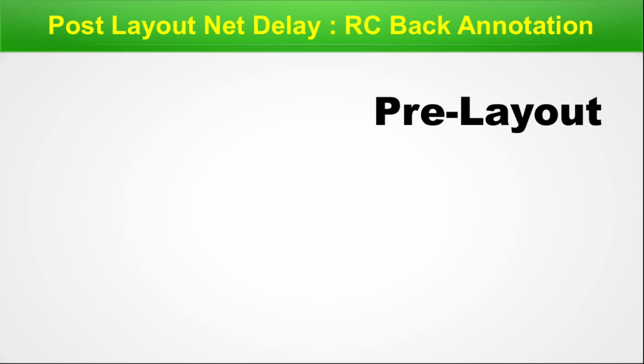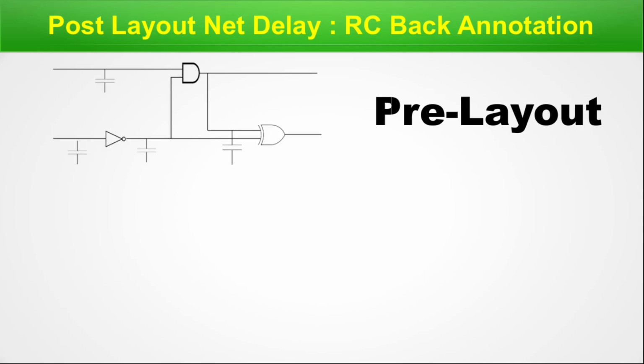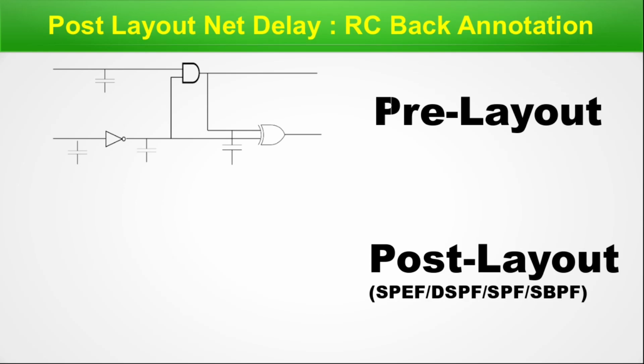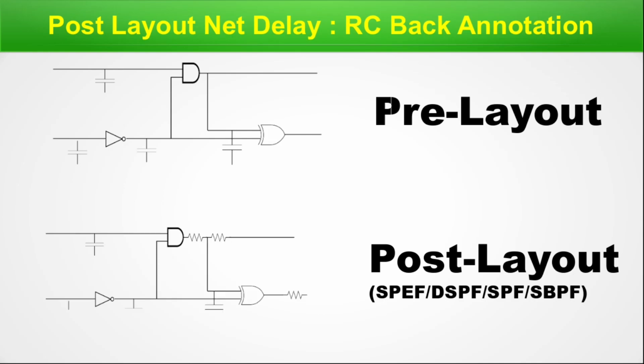Through infographics, we will explain how the designer-designed netlist catches the cough and cold of parasitic RC when its layout is realized. So here we go. This is our pre-layout circuit. When we realize the post layout circuit after the layout and we extract the SPF, DSPF, SBPF, etc., whatever you call, the post layout netlist comes like this.